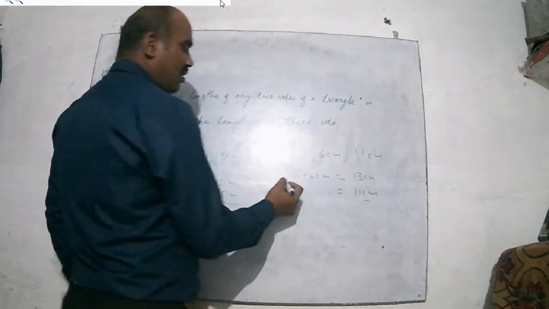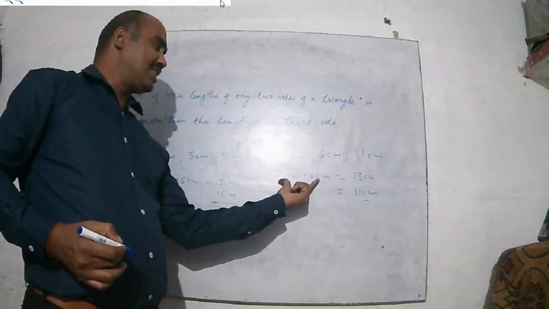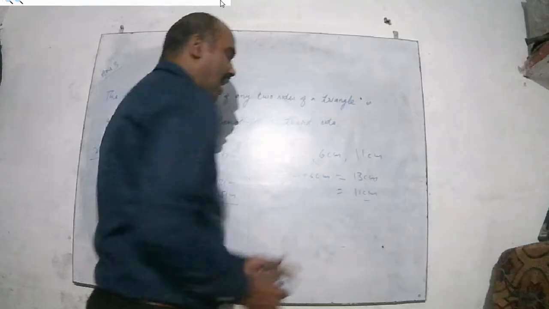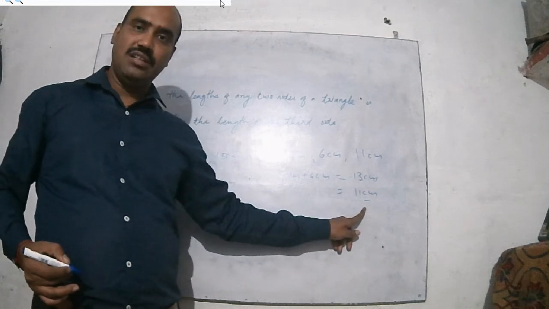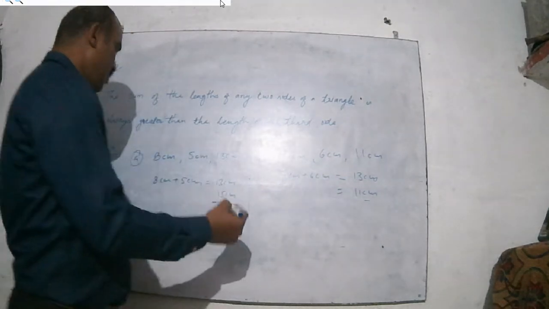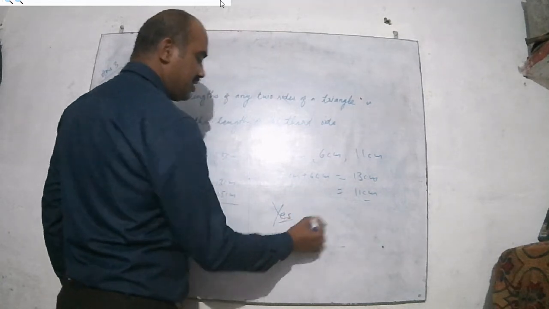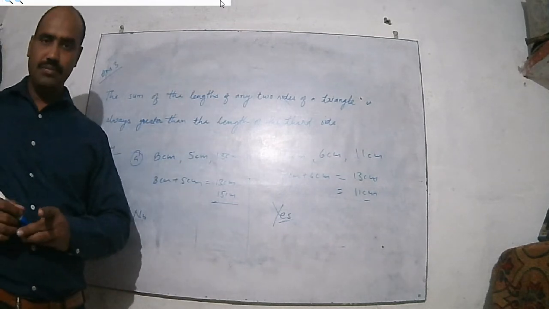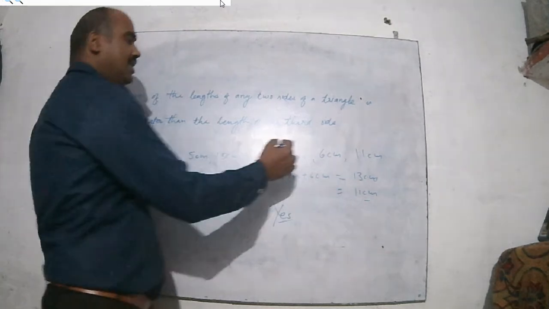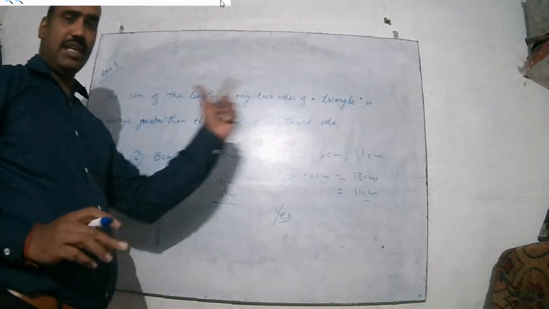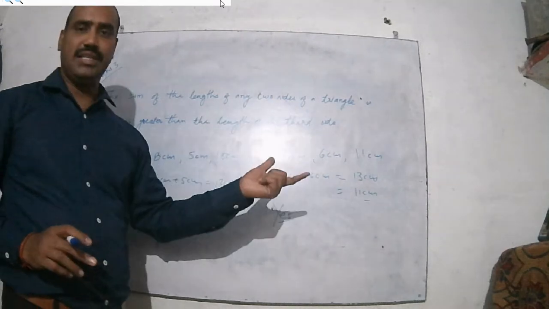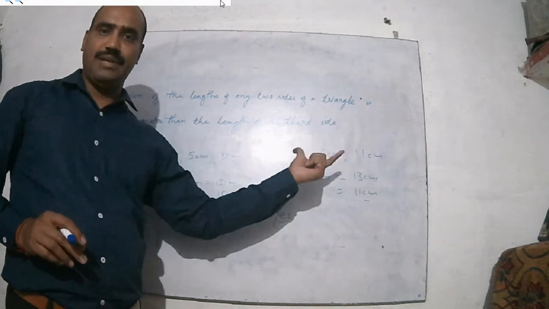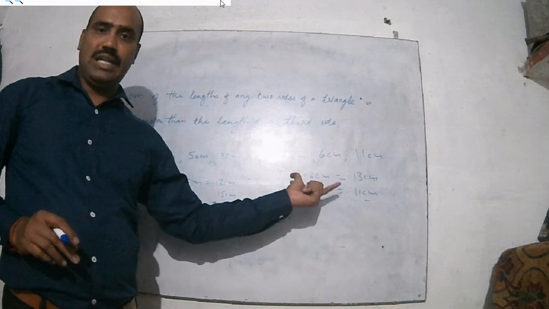Now here 7 centimeter plus 6 centimeter, you see two sides are there. The addition of these two gives 13 centimeter, and this is greater than the third side. So here you say that yes, it is possible to make the triangle if this type of measure is given. In this way you have to do this question. Clear? If you add these two and get the same number as the third side, then the sum of the two sides and the third side are the same, so you say that it is not possible to make a triangle.